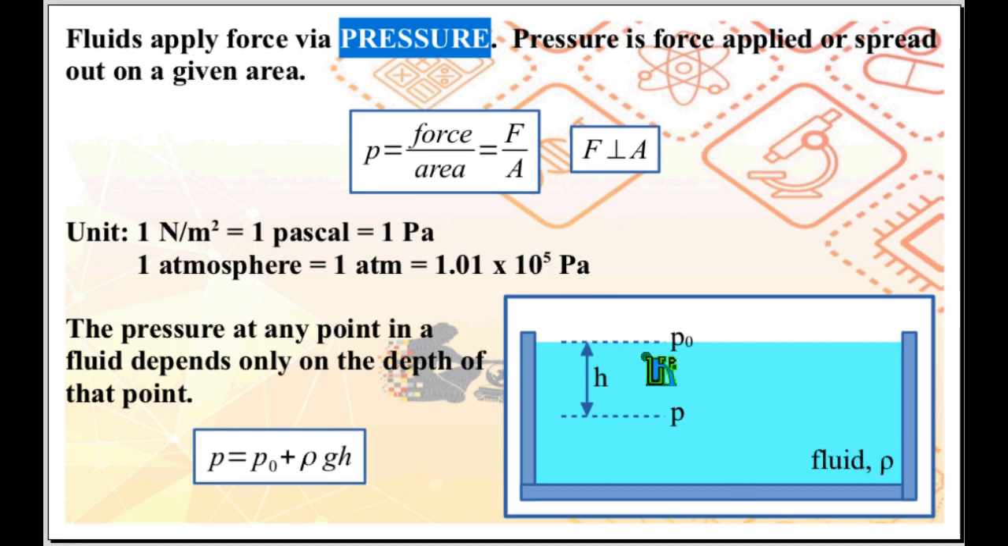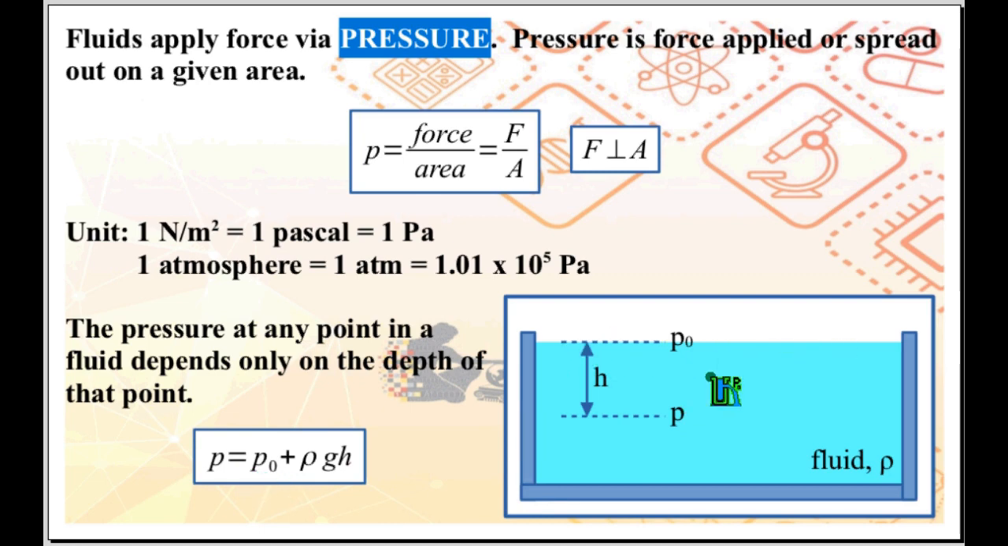Consider a fluid inside a container. The pressure at any point in this fluid depends only on the depth of that point. So say you have this point, depth h. The pressure at this point depends only on the depth h. P is equal to P naught plus rho g h, where P is the pressure at depth h, P naught is the pressure at the